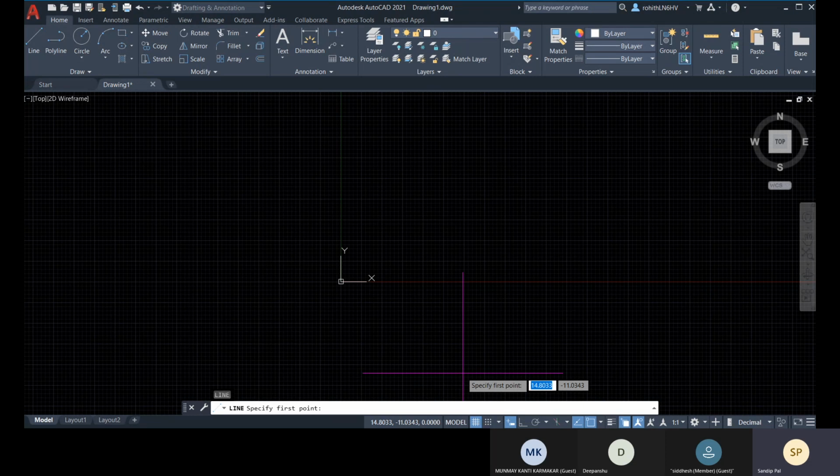These two coordinate types can be absolute and relative. I have already mentioned absolute. Whenever you are specifying or calculating from the origin, then it is absolute. So it can be absolute Cartesian or absolute polar.